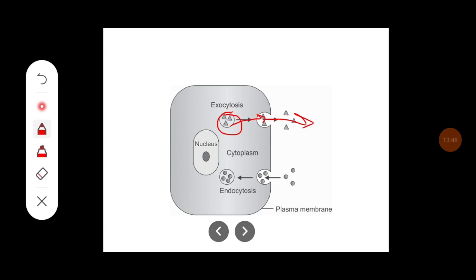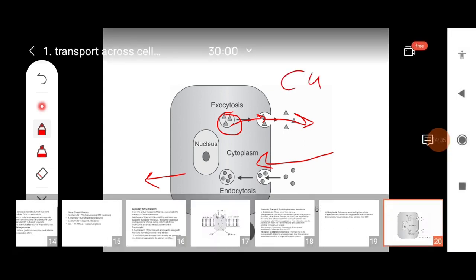If endocytosis occurs on one side and exocytosis occurs on the other side of the cell membrane, then there can be actual transfer of molecules from one side to the other side of the cell, which is